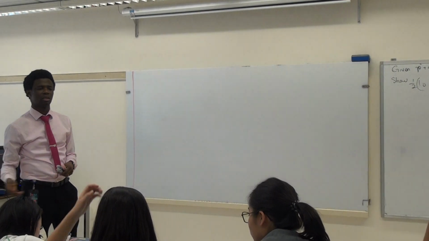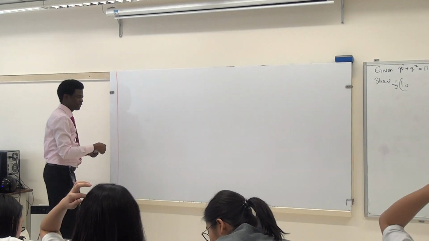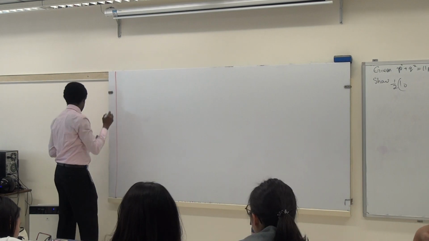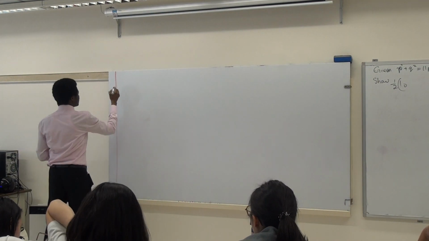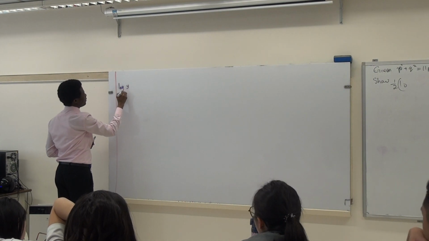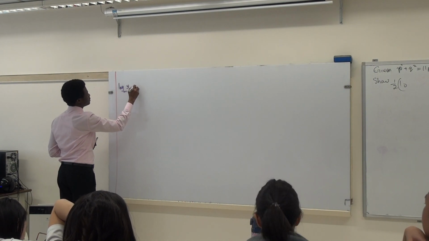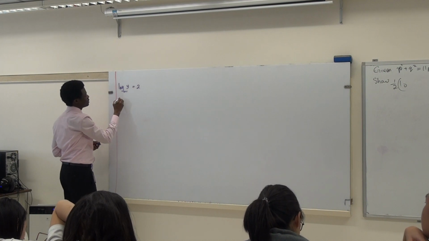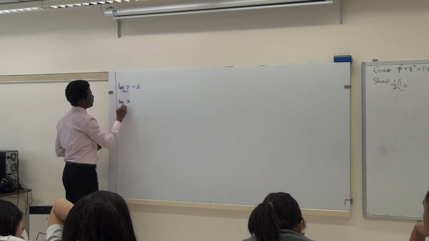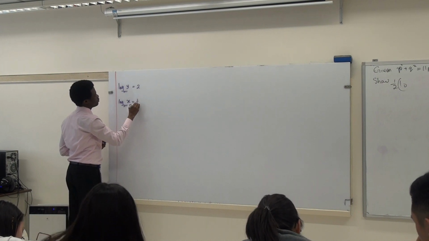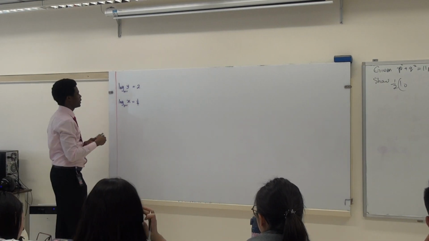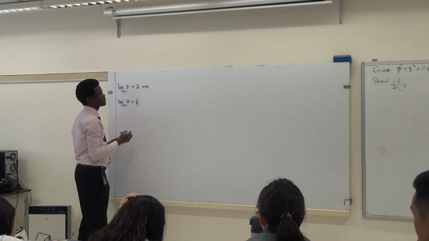Yeah, something like that. Okay, so I think the easy way is this. Most of you did that. What's the question? Log y base x plus 1 equals 2 and log x base y plus 1 equals 1 over 4. Okay, so there are two equations. From here, this implies